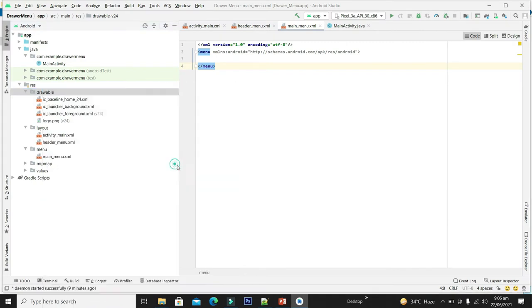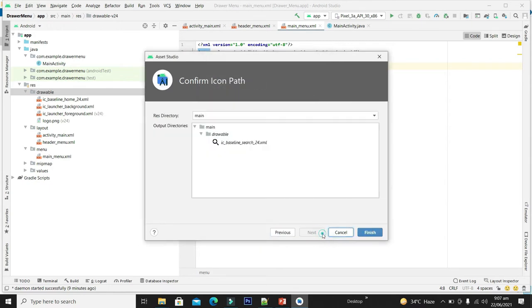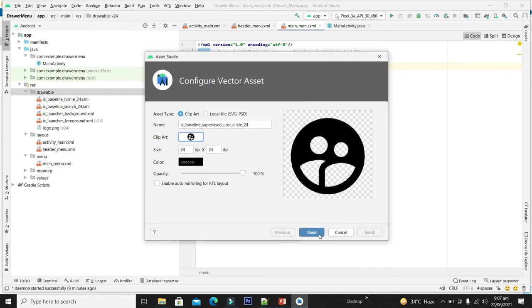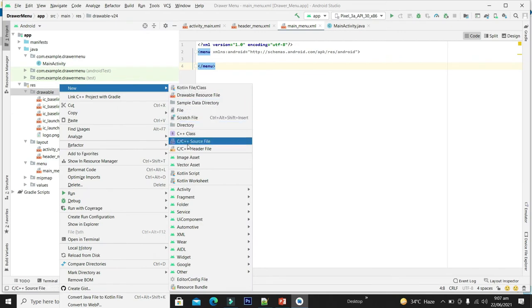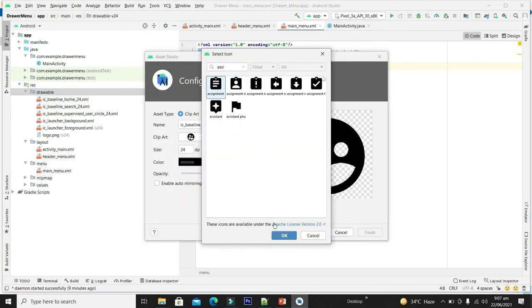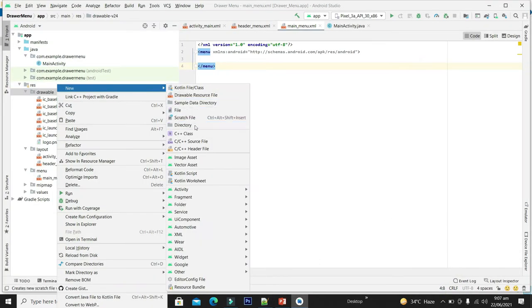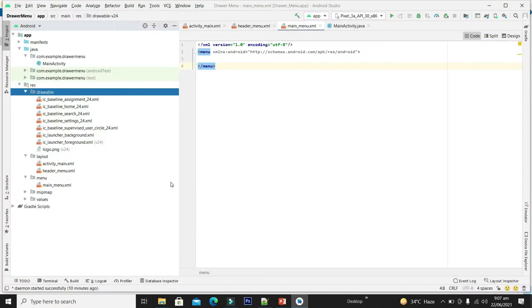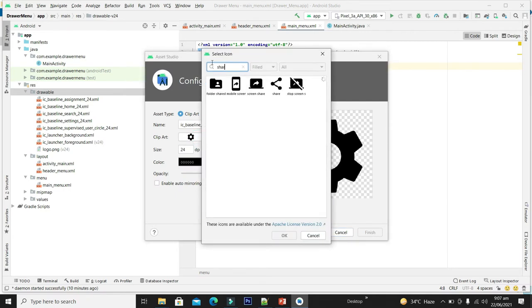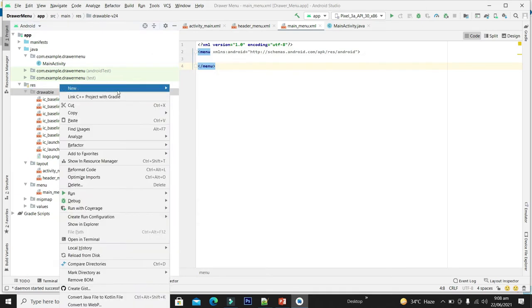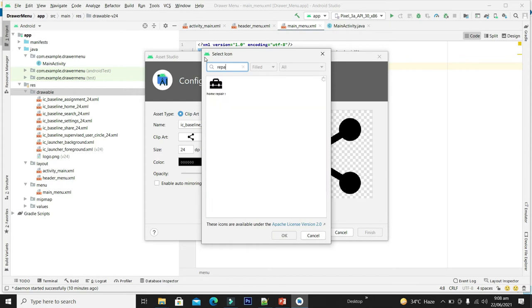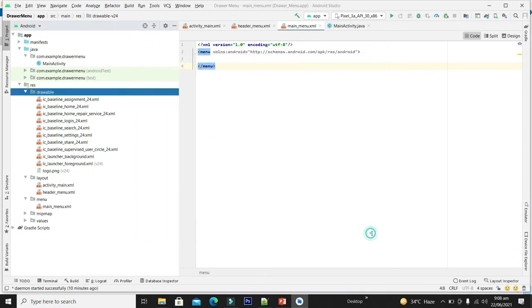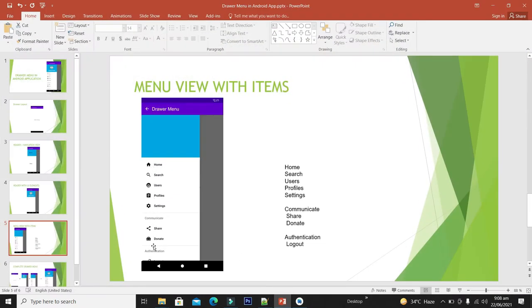Again repeating the same process from the vector asset, So guys, I have successfully imported all icons into my project.